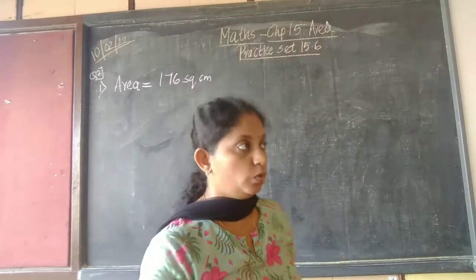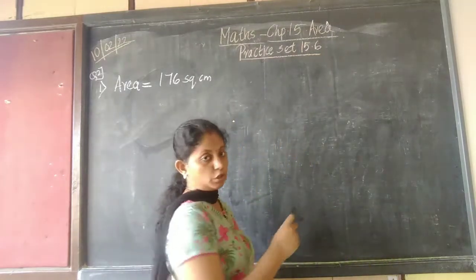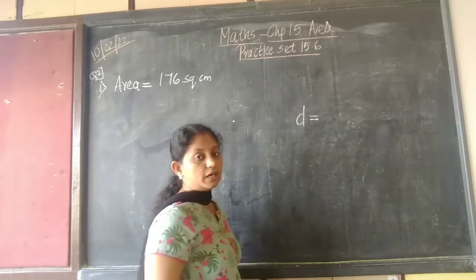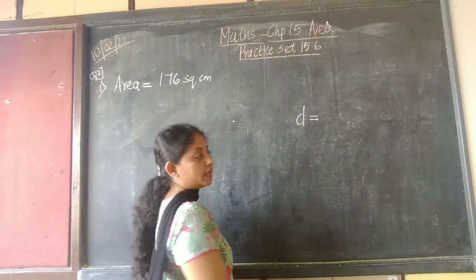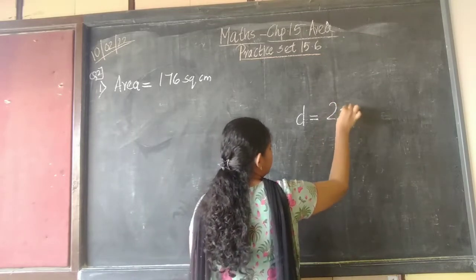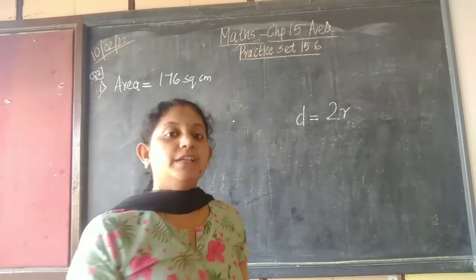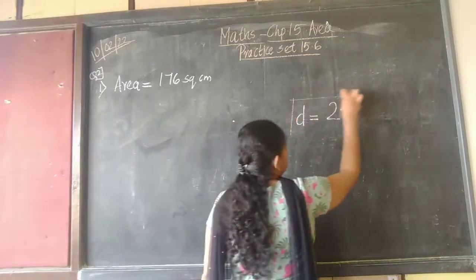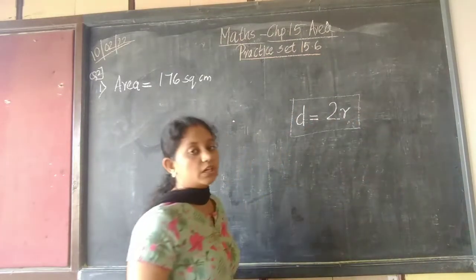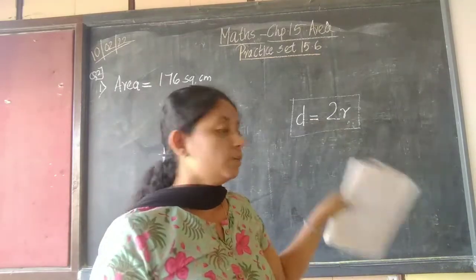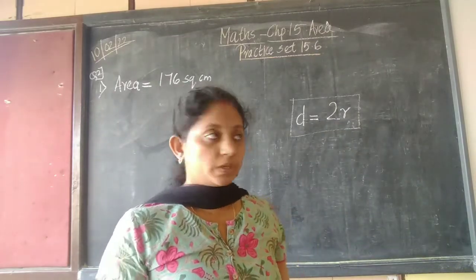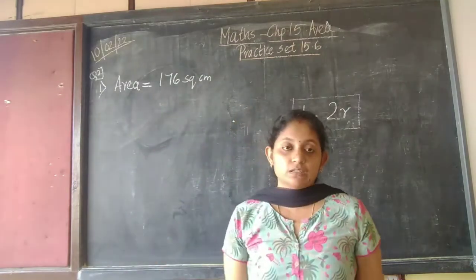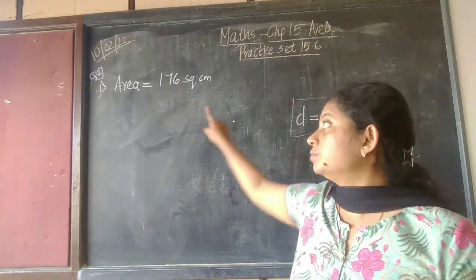Okay, so somewhere in your notebook before beginning with question number 2, write down D, that is nothing but diameter. Diameter is equal to 2 times r. That means double of radius is nothing but the diameter. Put it in a box, highlight it so that whenever you study for the chapter, when you revise, the formula is there in front of you. So diameter is nothing but 2 times r, r is radius.